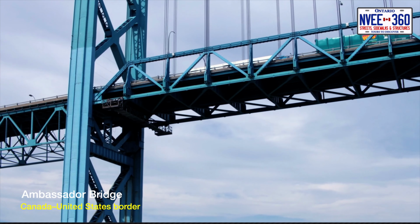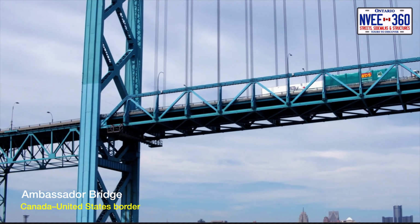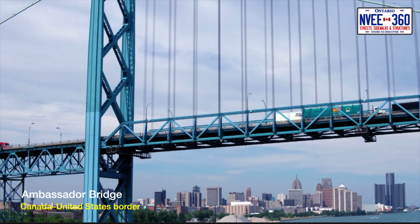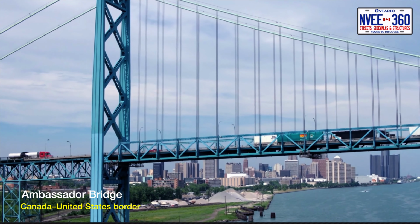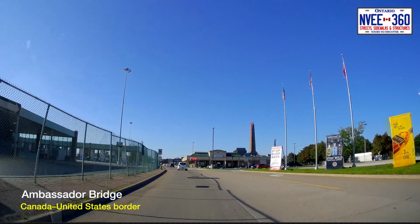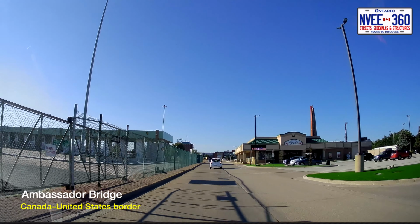The Ambassador Bridge, which was built in 1929, is a magnificent steel suspension bridge spanning the Detroit River, and serves as a vital gateway for travelers crossing between the United States and Canada. This bridge is one of North America's most historic and heavily trafficked international border crossings. For those embarking on a journey from Canada into the United States, the Ambassador Bridge offers a convenient and efficient